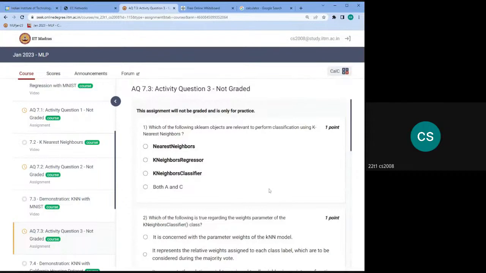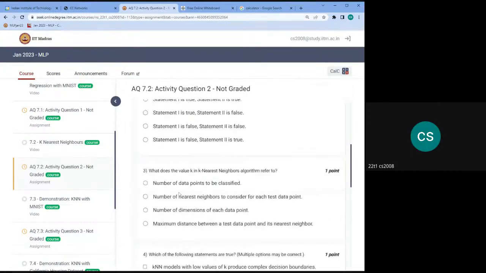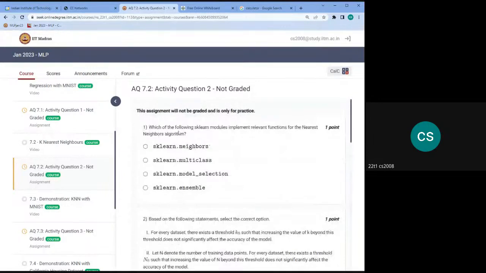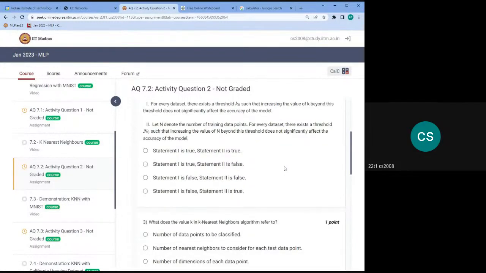Which of the following sklearn objects are relevant to perform classification? So, could you complete 7.2 and check the answers? Okay, then we'll do it. Which of the following sklearn models implements nearest neighbors? So, this one, right? Statement 1 is true, but if I increase the data points,